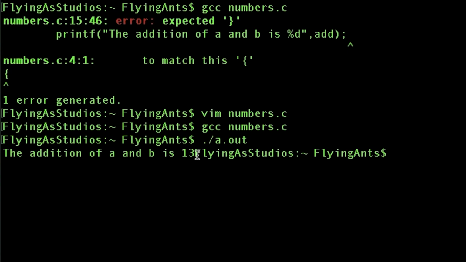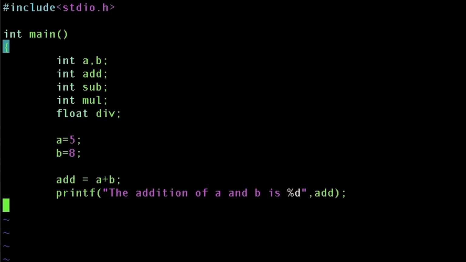But see, this is not really good reading, right? After it, the prompt comes flying in right after the output. So what we can do is go over here, and after printing this, type \n. \n is an escape sequence.